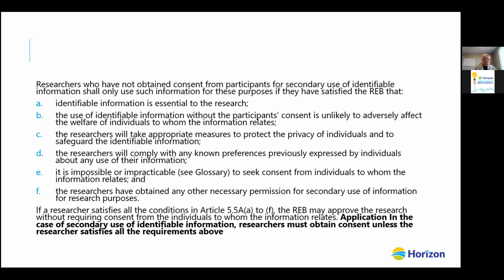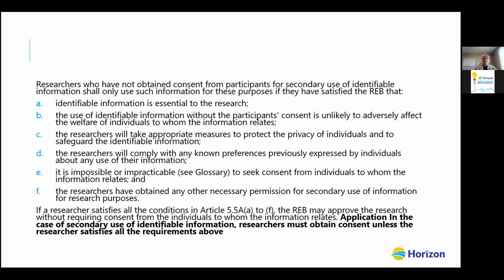The impracticability clause is one that we really focus on because it has to be determined that it's impossible or impractical to get consent and not just merely an inconvenience. So things that contribute to this evaluation would be a retrospective chart review with a large number of participants, or your sample size is really, really big.